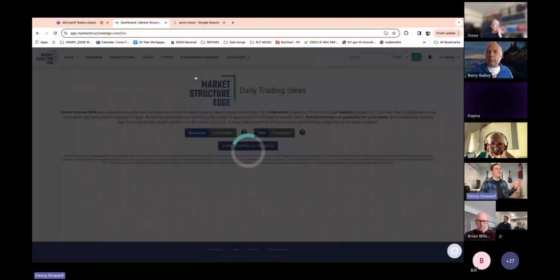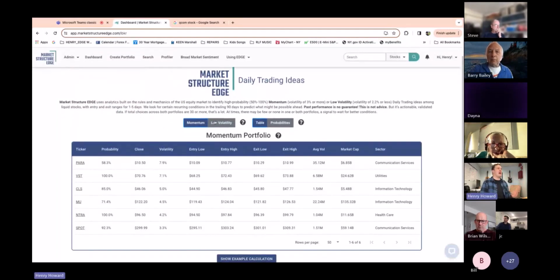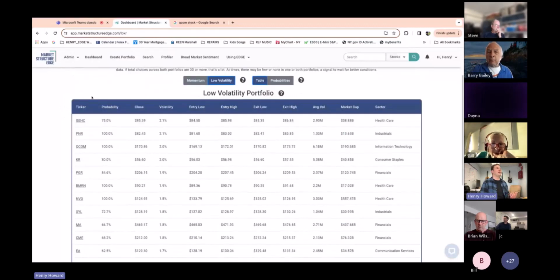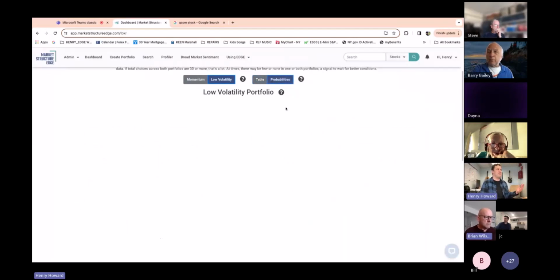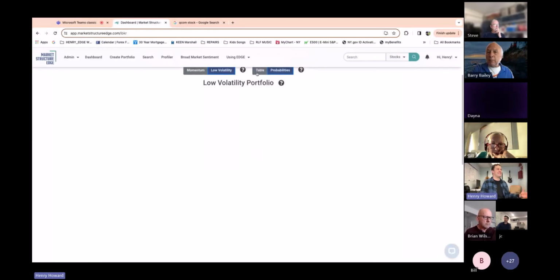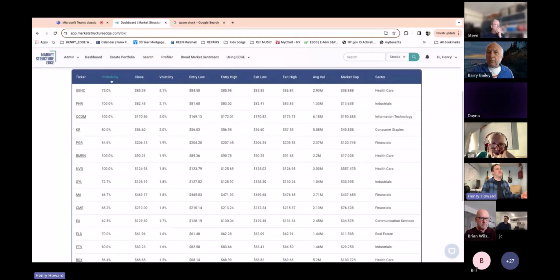So that's all loaded into the hopper. Knowing that there's a little more risk, I'm going to opt for our low volatility portfolio. I like to have this portfolio view. Obviously, you can get a more visual view by clicking on probabilities. If I wait a second, it should pull it up, and if it doesn't, I'll hop back to the table. It may just be because I'm streaming video. So I'm sorting these by probability, from down to up, so we have Coke at the top.